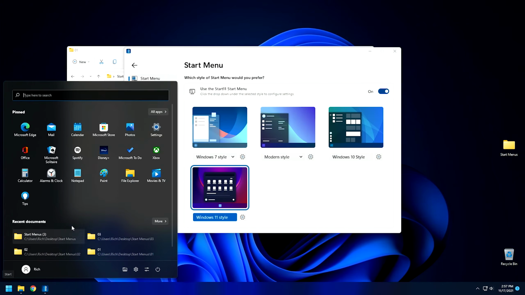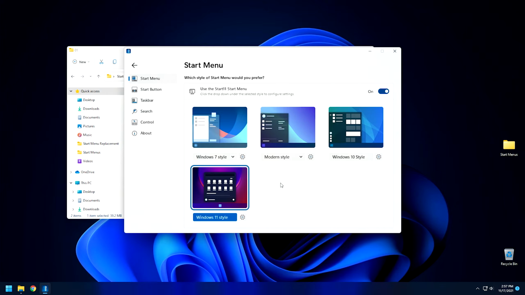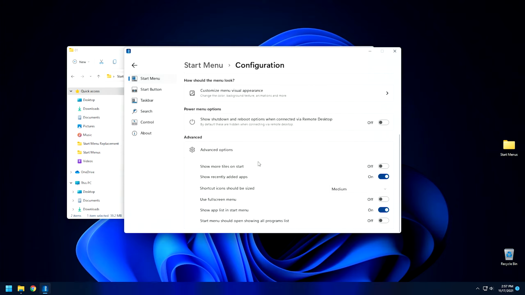Okay, one last thing I want to show you in Start 11, because I promised you I would, is how to give yourself a Windows 8 start screen. I don't know why you would want to do this, but if you do, it's really easy. You go over to the Windows 10 style, click on the little cog right here, and then scroll all the way down to where it says Use Full Screen Menu, and click on it. And then when you do that, you'll have,